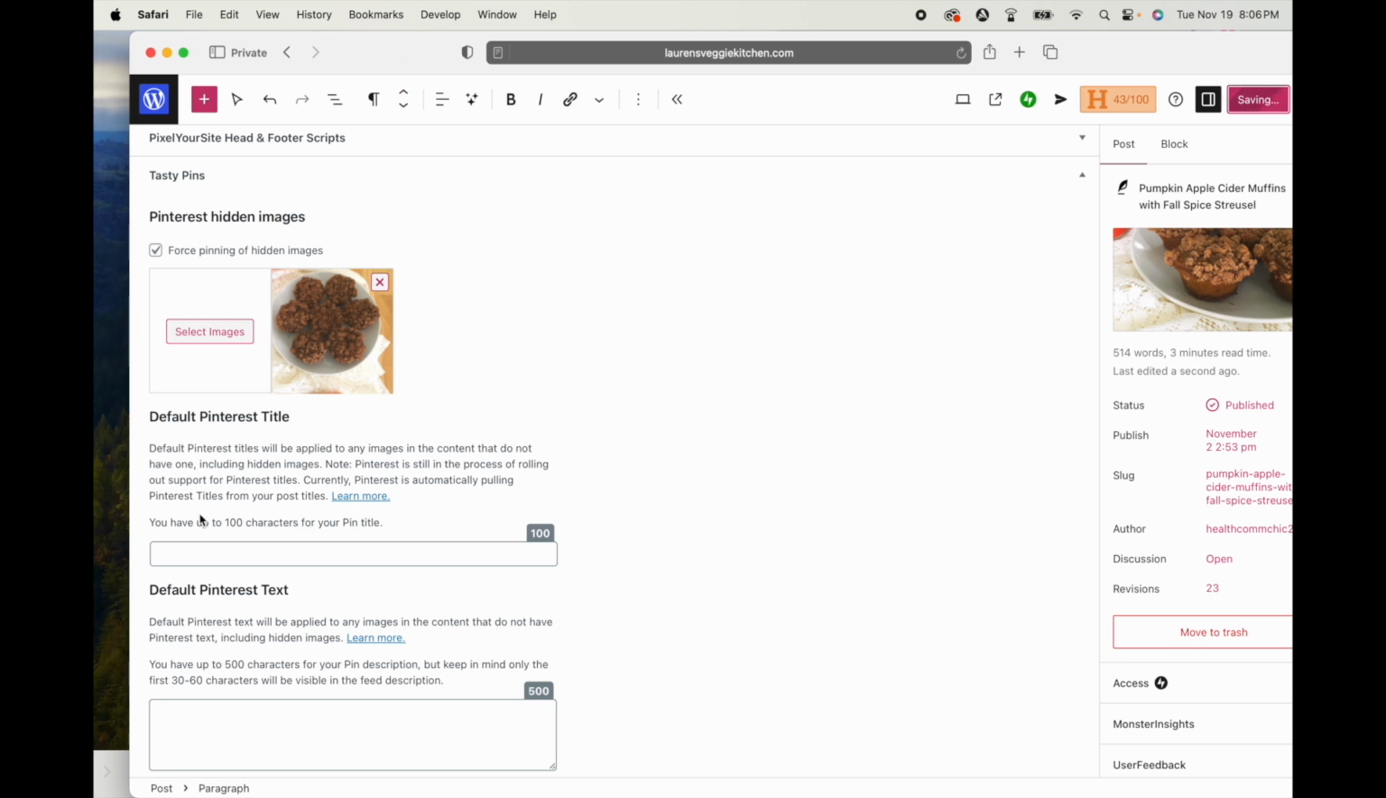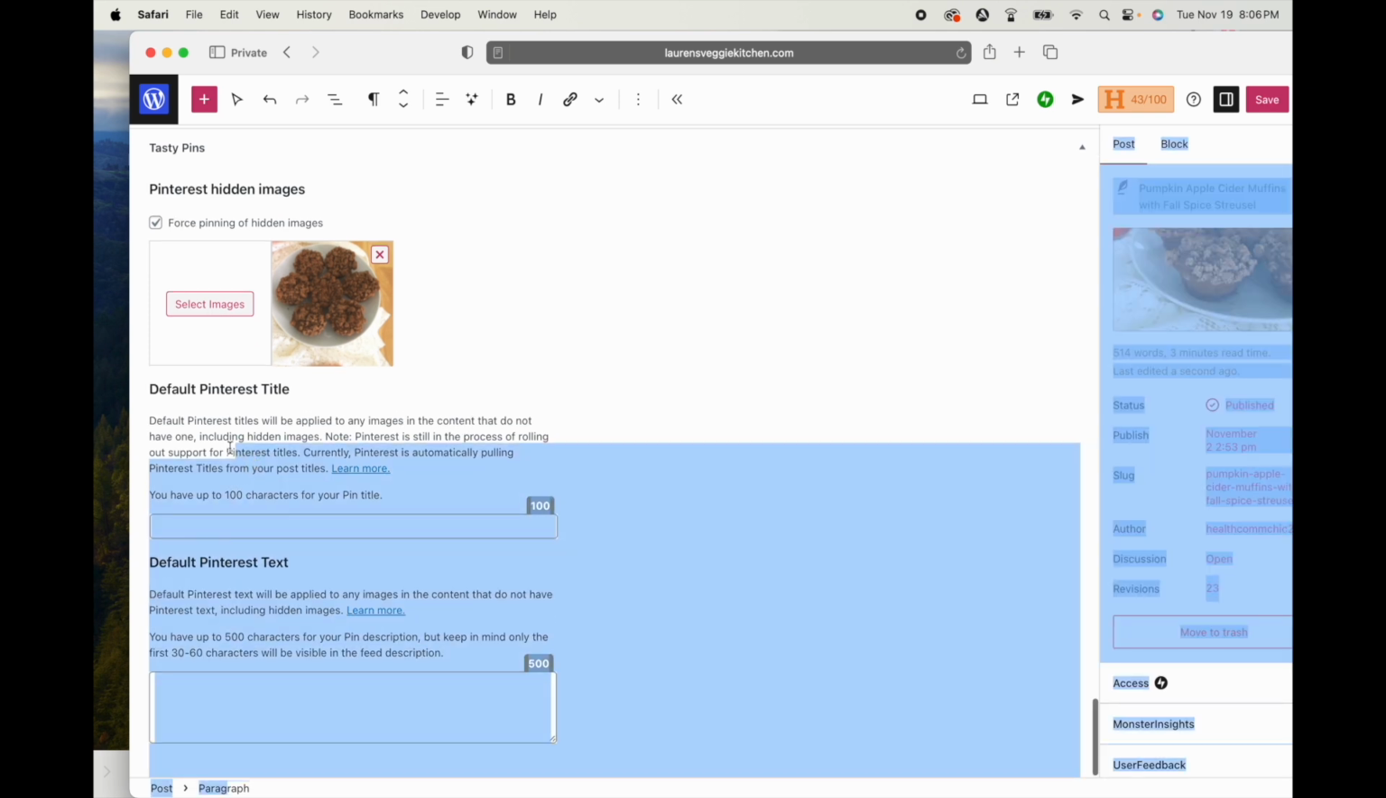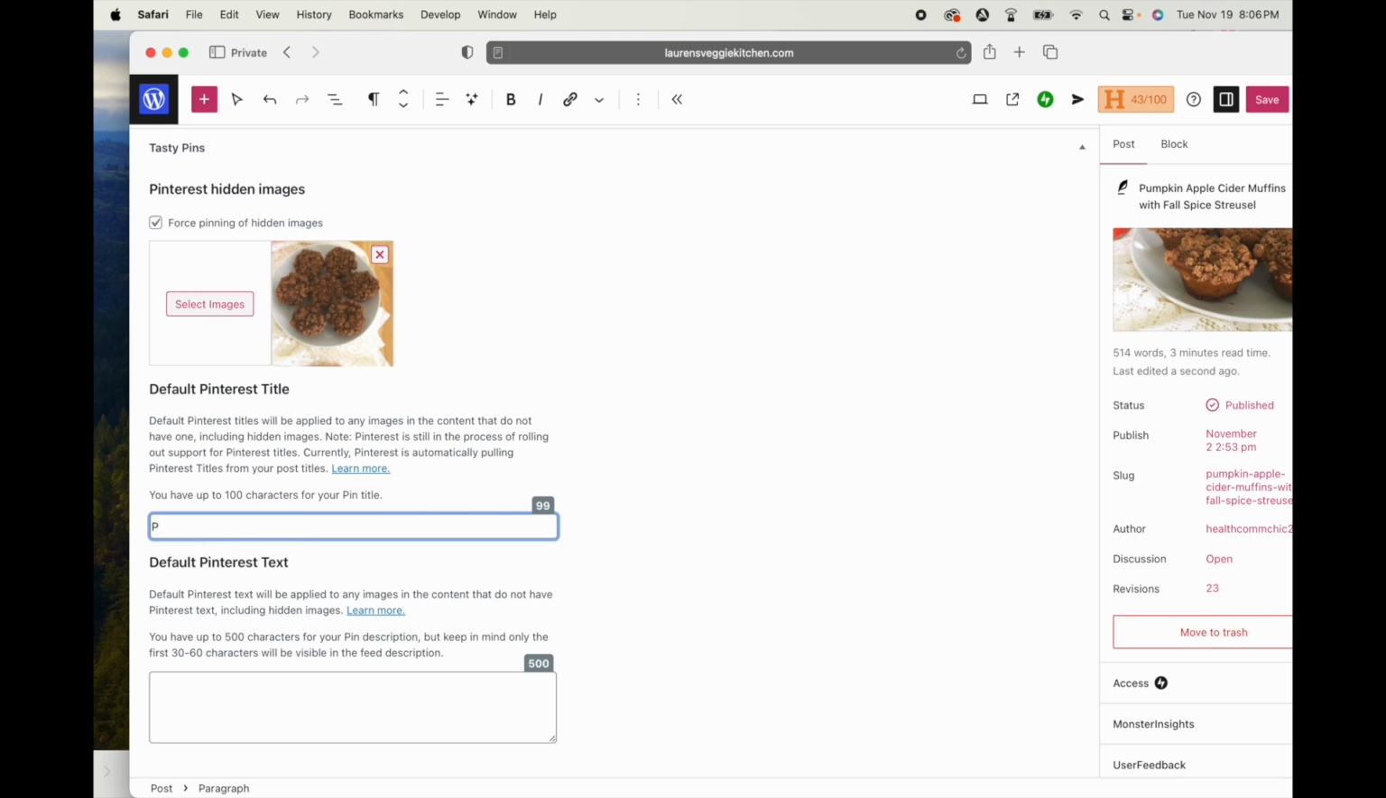And then I have some options right here to work with. You see the Pinterest title and Pinterest text. That's your title and description in Pinterest. And so you can set that to whatever you want. I'll try pumpkin apple cider muffins with fall spice streusel topping, and then in this description field, I'll say,